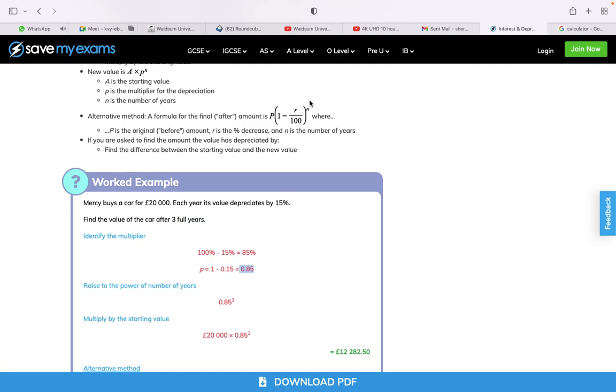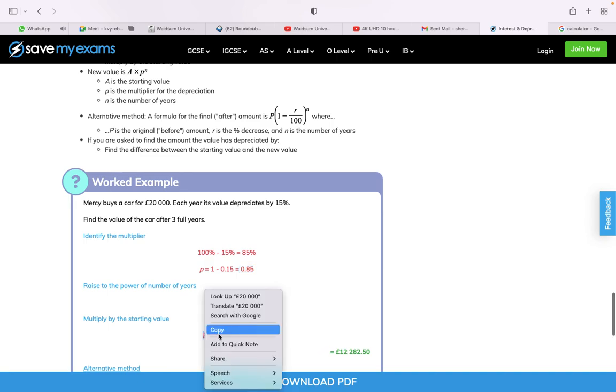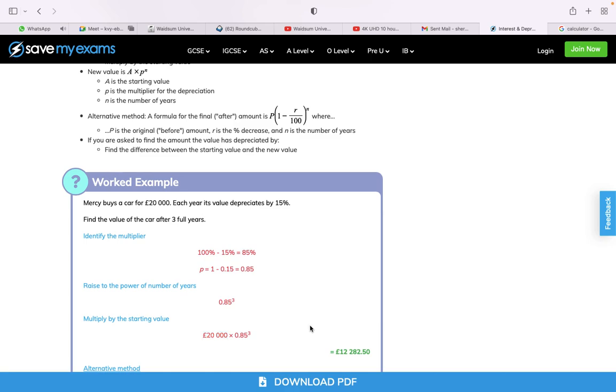When you raise to n, which is 3, the number of years, it becomes 0.85 to the power of 3. You evaluate that in a calculator, and then multiply by your 20,000, which is your P. The last thing you do is multiply by the principal, 20,000, and then that will give you